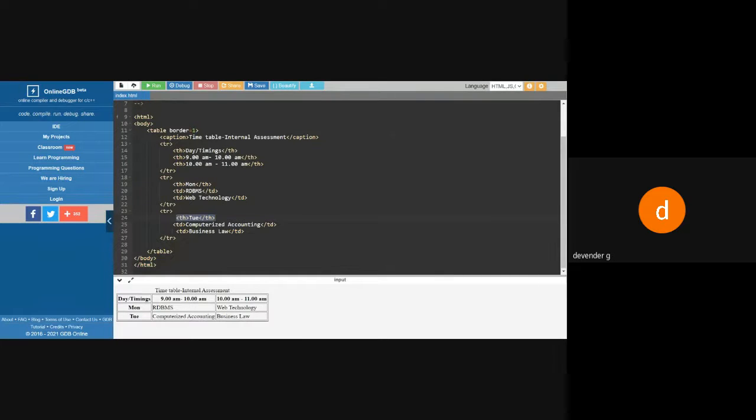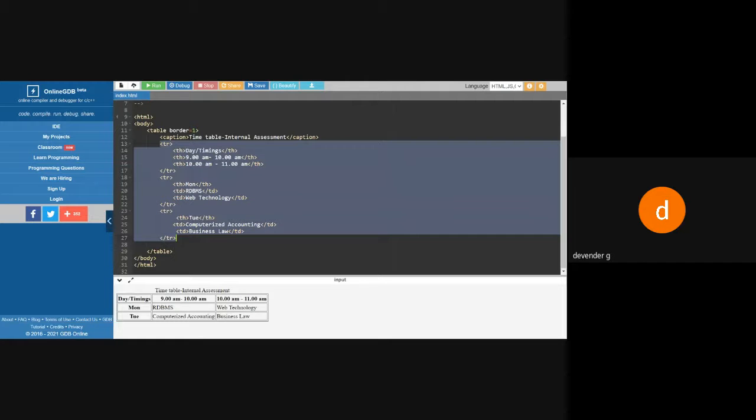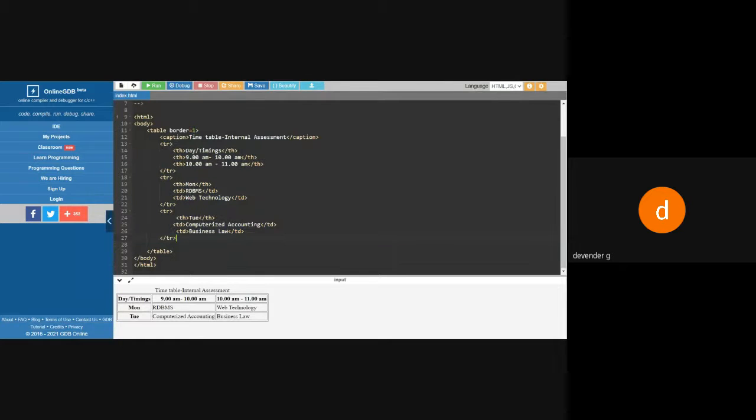Any doubt regarding the table concept? Sir, if we need, for example, 10 or 15 rows, we have to type the same code 15 times, sir. Yes, ma. It becomes very lengthy, no, sir? Yeah, lengthy. There is no logic in that, ma. If you want 15 rows, I'll copy paste.